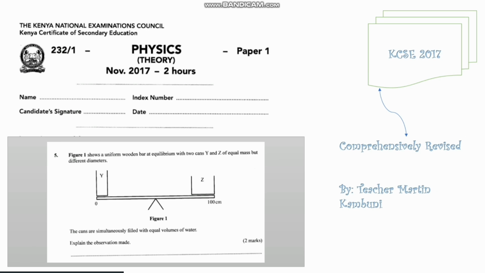We are going to look at a thorough revision on physics paper 1, a paper that was done in the year 2017. We are going to see how we handle physics questions,